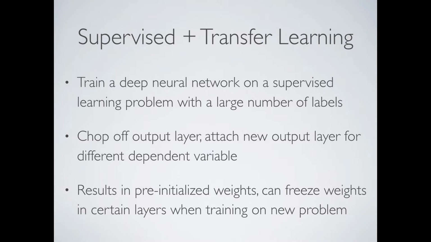So the basic concept is a form of transfer learning. The term transfer learning encompasses a lot of different things, but what we're specifically talking about is training a deep neural network on some supervised learning problem with a lot of labels, where you actually do have labels on all your data. It needs to be a large amount of data because you're trying to learn a feature representation. So you train that whole model, make sure it can predict your original problem really well, but the same way as with skip-gram and with an autoencoder, you now throw away your output layer. What you really care about is your last hidden layer that has your latent feature space.